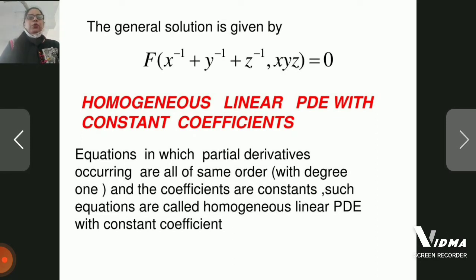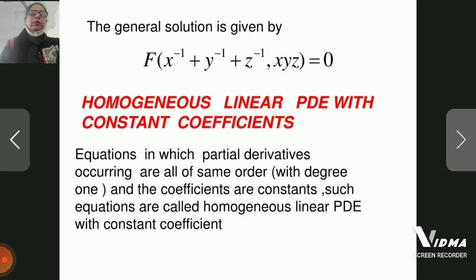Now we have to talk about another topic, that is the homogeneous linear partial differential equation with constant coefficients. So what is the definition here? Equations in which the partial derivatives occurring are all of the same order with degree 1 and the coefficients are constant. Such equations are said to be homogeneous linear partial differential equations with constant coefficients, and the general